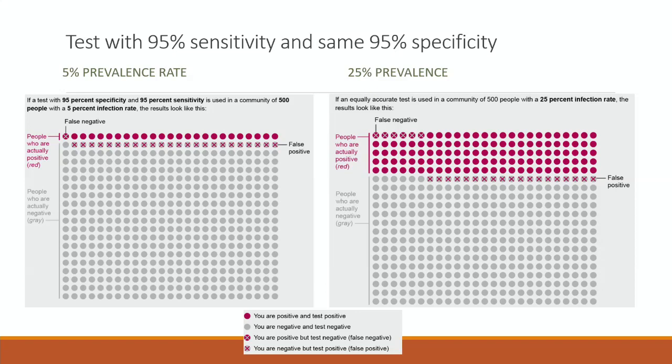We can get at our sensitivity with this top line here. We can see one false negative and a bunch of true positives. So that's our sensitivity. Our specificity is with the gray circles. The gray circles that are all by themselves have tested negative, and they actually don't have the coronavirus. And again, we have a 5% prevalence rate, so most everybody doesn't have coronavirus in this situation. However, when there's an X in there,